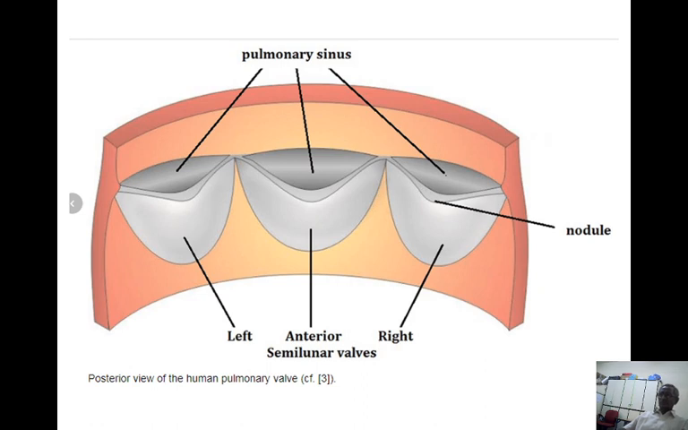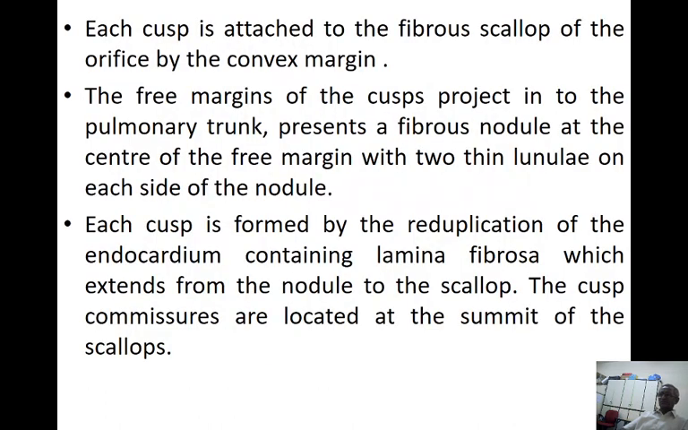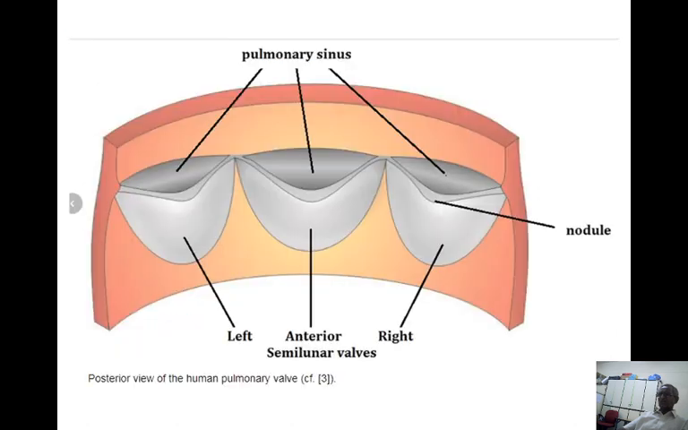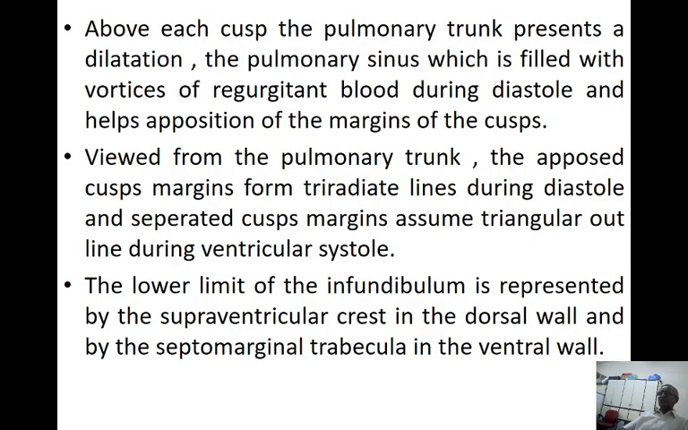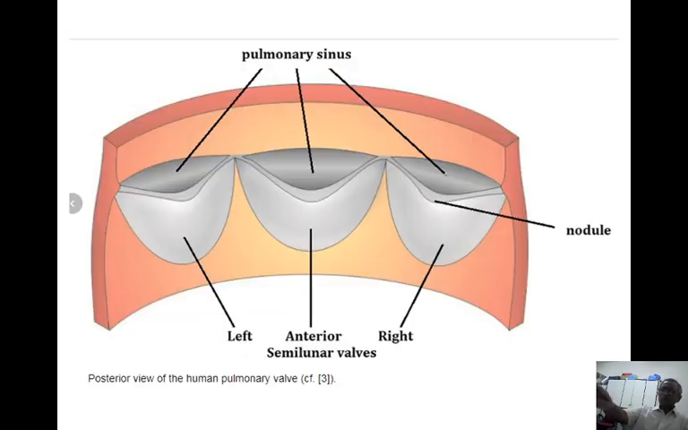So here we are showing the cusps of the pulmonary valve, which have lamina fibrosa in between and on either side are covered by the endocardium, and they extend from the nodule to the scallop. Cusp commissures are located at the summit of the scallop. For each cusp, the pulmonary trunk presents a dilatation, the pulmonary sinus. So this part we are showing, the dilatation, pulmonary sinus, and